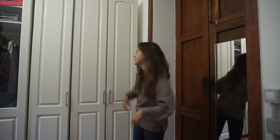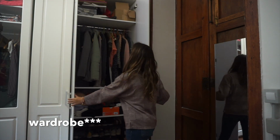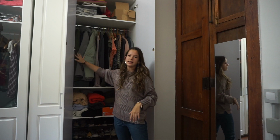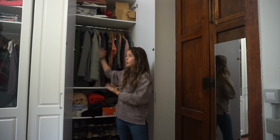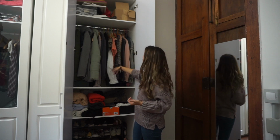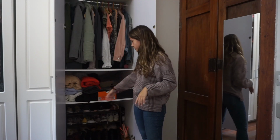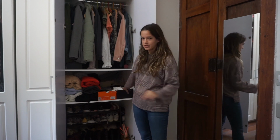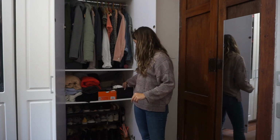So last but not least, I have this part of my drawer. Right here, I have a mix of clothes. Here it's all my coats and everything, like warm for winter. And here it's more like summery stuff, as you can see. Polos or my jumpers, whatever you want to call them. Then some more t-shirts. Here you might think this looks kind of crappy, like this looks just like they're shoe